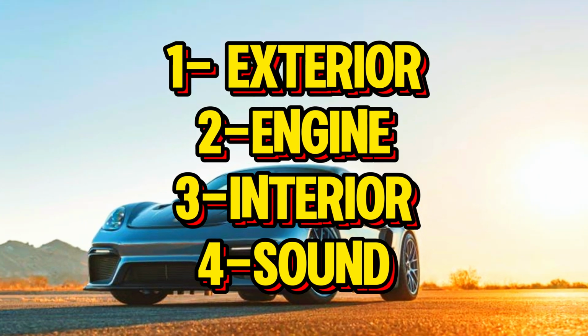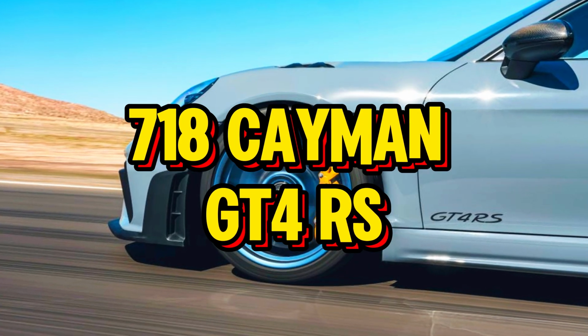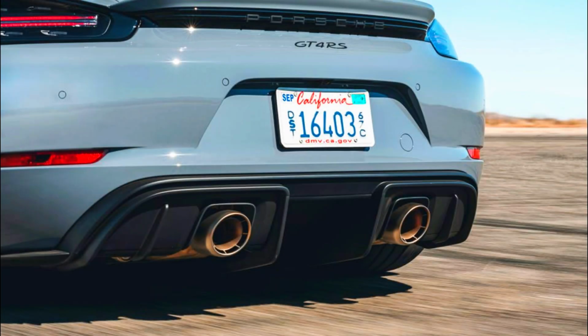Imagine stepping into a world where speed, precision, and adrenaline collide. A world where every twist of the road whispers one name: Porsche 718 Cayman GT4 RS. This isn't just a car, it's an invitation to a driving experience so visceral it feels like the road itself